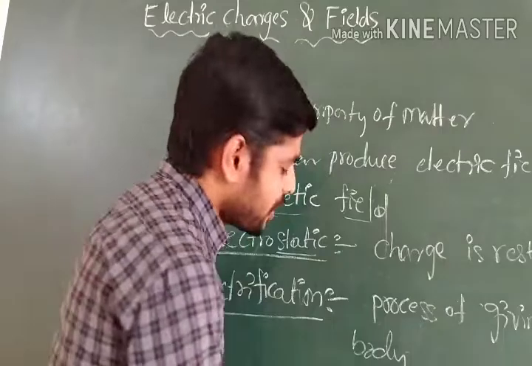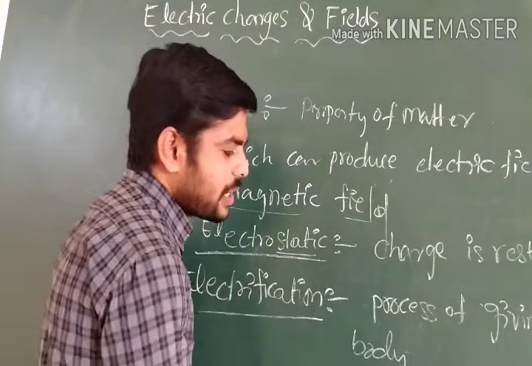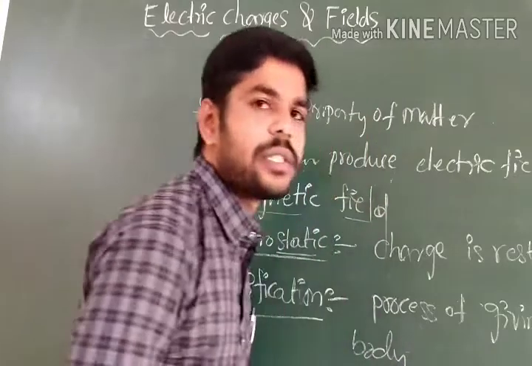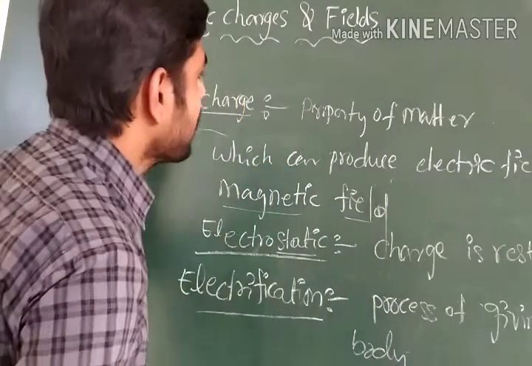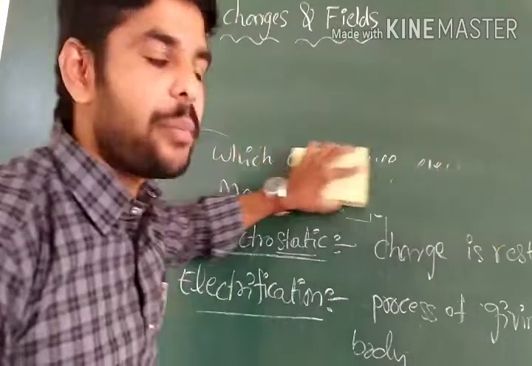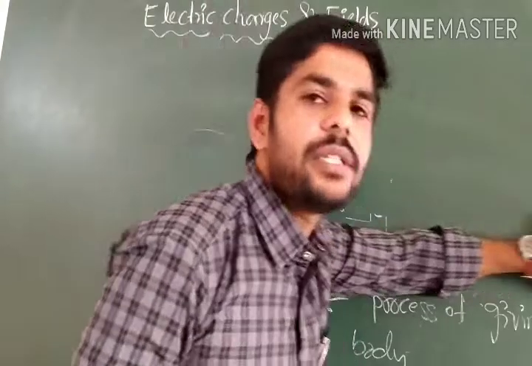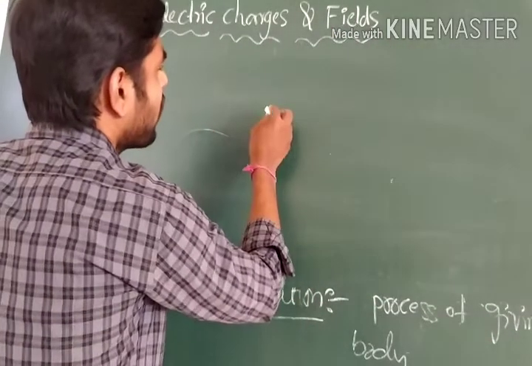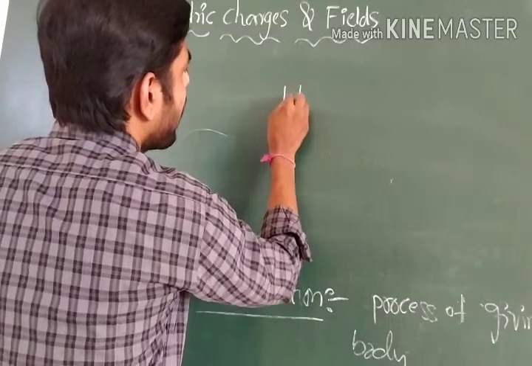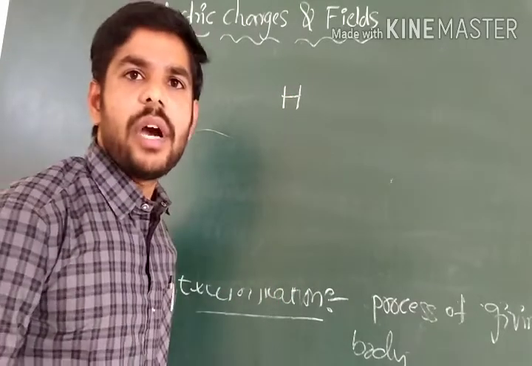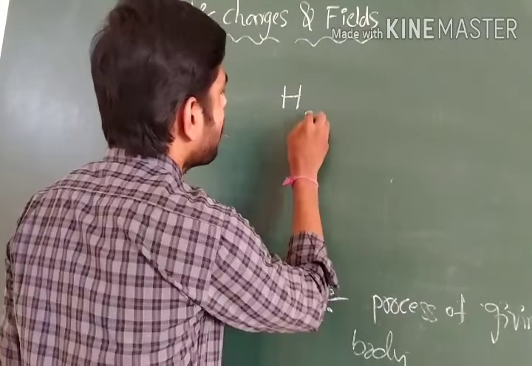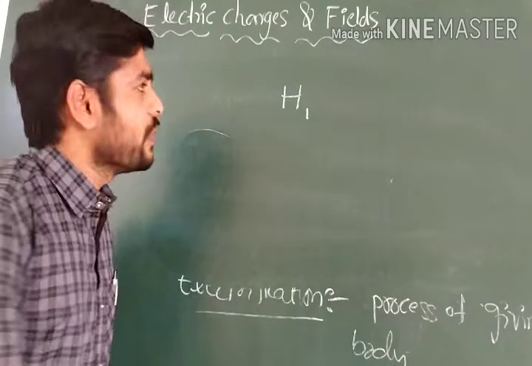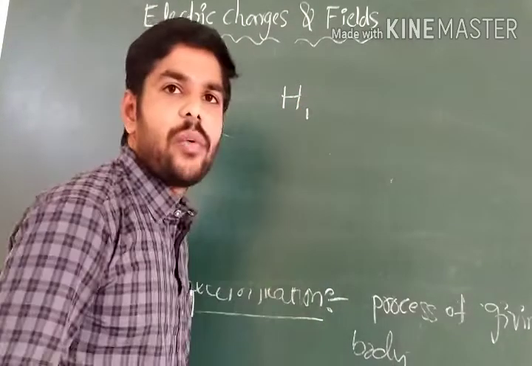That's why the atom becomes stable. An atom is nothing but the number of positive charges being equal to the number of negative charges. Whenever you take out any charge from the metal or subatom, any electron, it is lost. Suppose I take one example, the hydrogen atom. The hydrogen atomic number is 1, which means the atom carries only one electron.